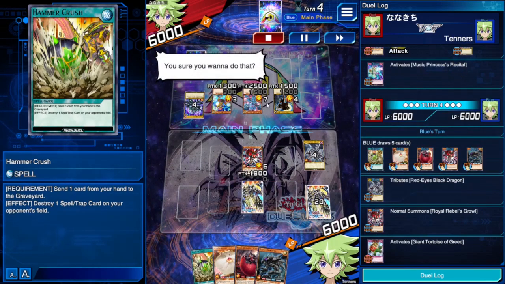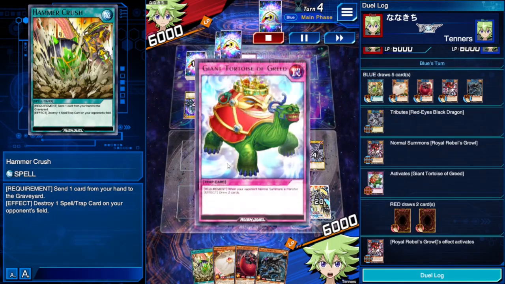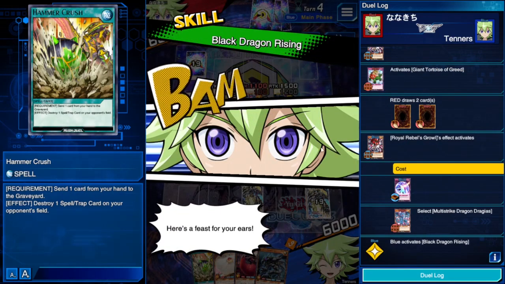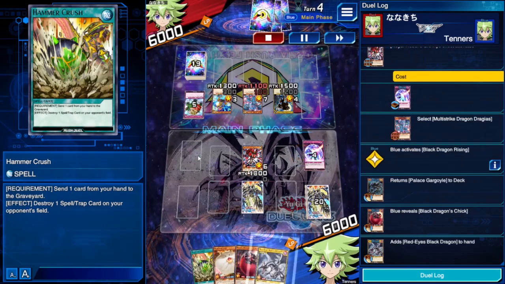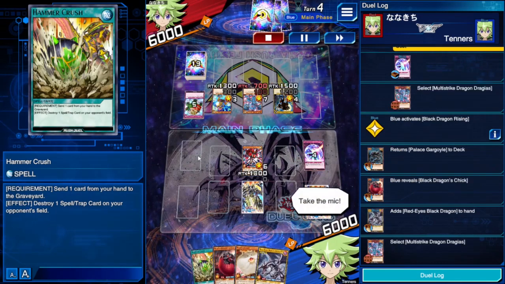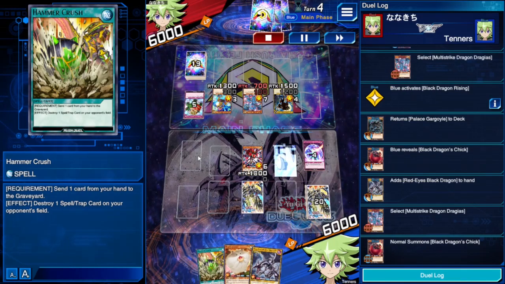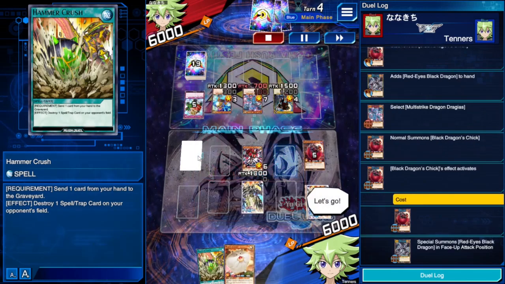Bit of a misplay on his part. He should have really hit the red eyes first, then attack the face down. So we're going to use Growl here. Activate effect of Growl. Unfortunately, we milled the barrier, but it is what it is. Activate the chick. And this is the synergy that I was talking about earlier, right? You can get so much momentum just by tributing Red Eyes for a Growl